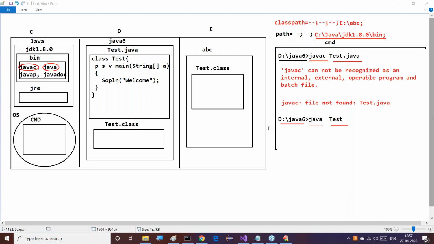After loading the test class bytecode to the memory, the JVM will search for the main method. Good. Here two cases are available.